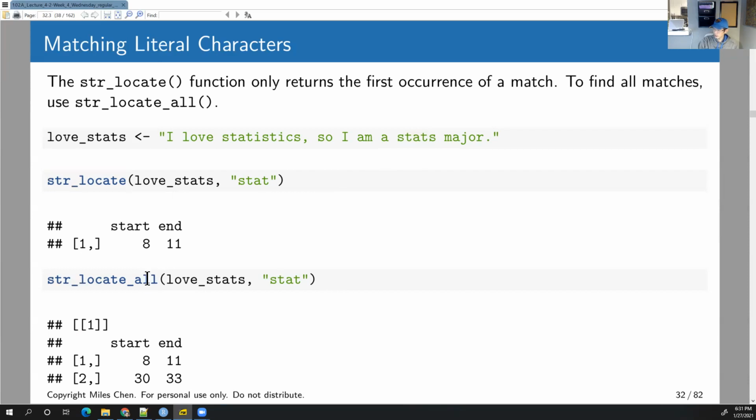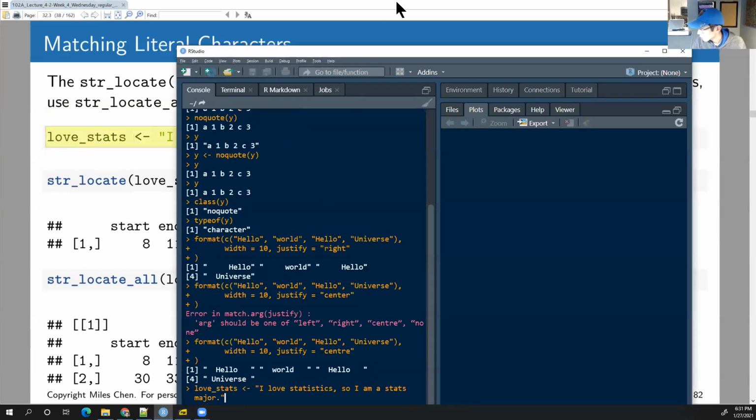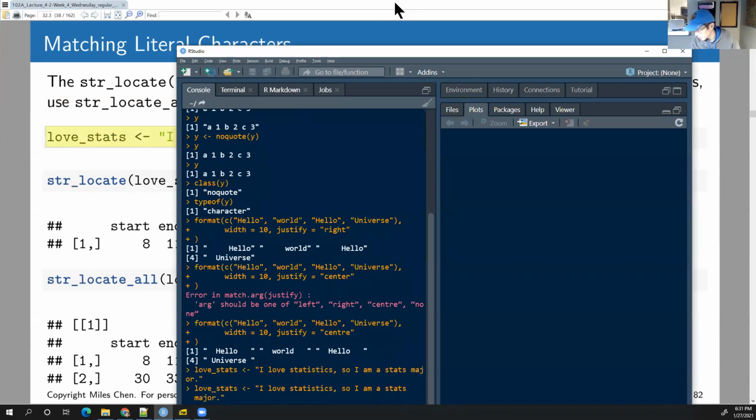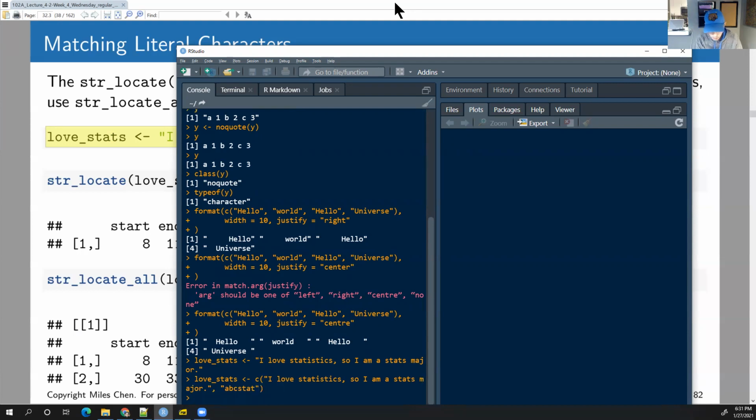You could have a vector, right? So here I have "love stats" as a length 1 vector. Okay, but let me just, if I make it a length 2 vector, okay,